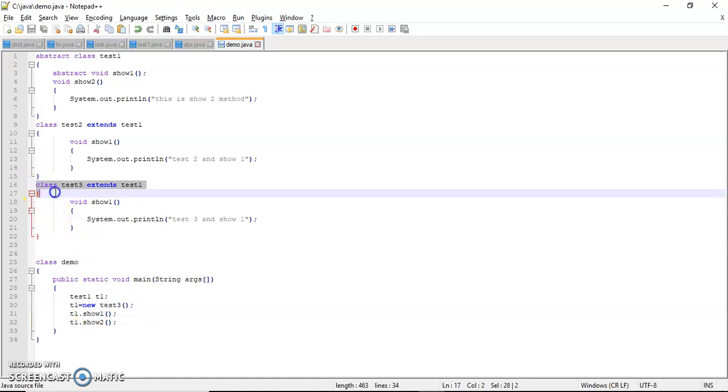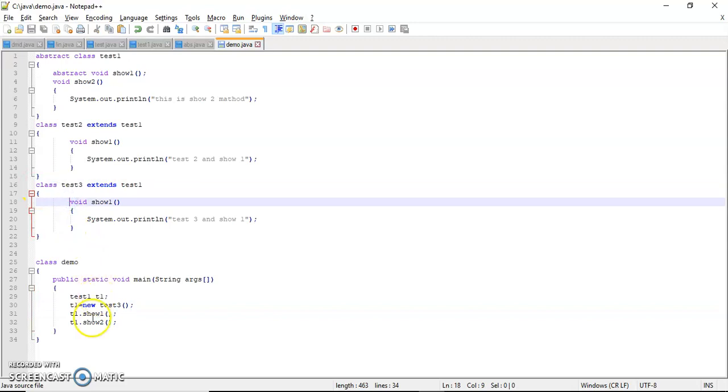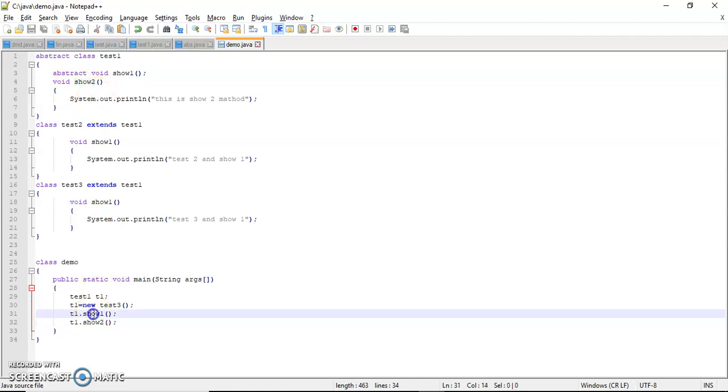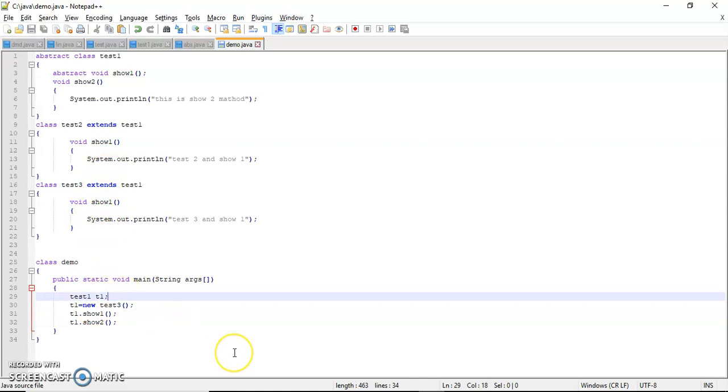Now see, here I have prepared the object t1 and allocated memory of test3. That means I am going to allocate this class's memory and call show1 and show2. The show1 method is implemented here, and here also, and declared as an abstract method in the abstract class. So which show1 is called? Show2 is clear, it is called from the abstract class since it is a concrete method. But for show1, it is implemented in two places.